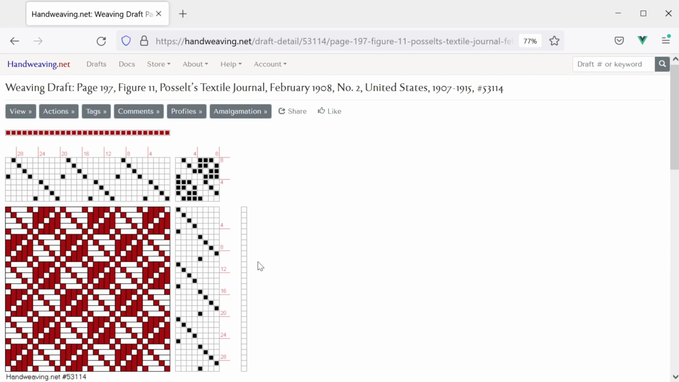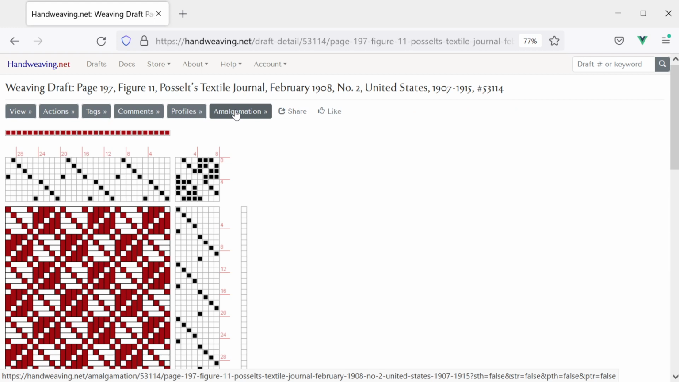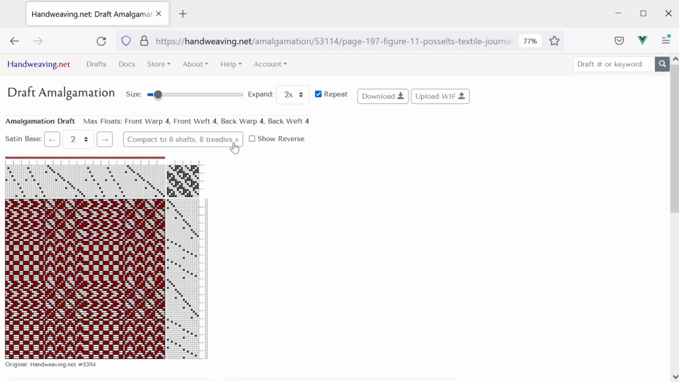There it is. So we can click this new button that says Amalgamation at the top, and we go to the Amalgamation Editor, where an amalgamation is created instantly. So you may be wondering why we went from 8 shafts on the previous page for the original draft to 16. And that's because the tie-up on amalgamation drafts is often